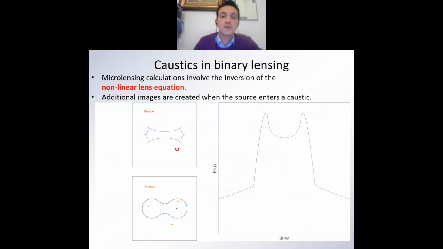Now the problem is the computation in microlensing, because in principle, what you have to do is compute the images that have been generated by a lens. This is a case of a binary lens, and you can see that there are regions which are called caustics. When the source crosses these regions, you have the sudden generation of additional images that disappear when the source moves out of these caustics. This means that once you have additional images, in the light curve you will typically see additional peaks. And so in order to have a microlensing computation, what you have to do is to,